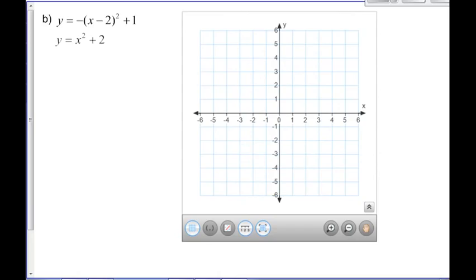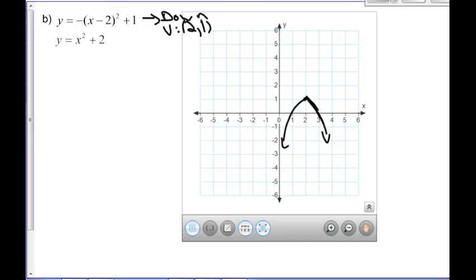Let's check out another one. Here we've got 2 parabolas. And sometimes a good place to start is simply by making a rough sketch. So this one here, it opens down. It has a vertex at 2, 1. So it kind of looks like this,